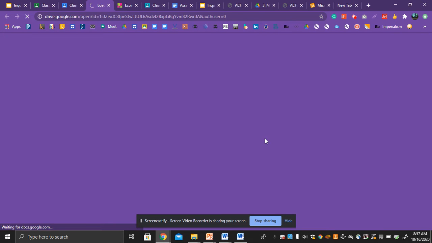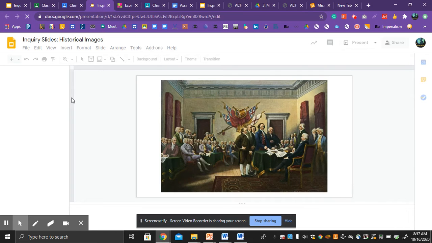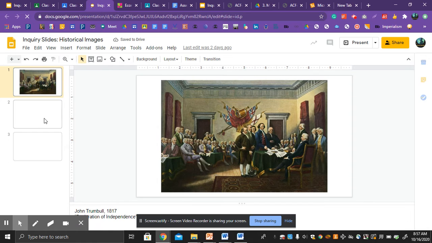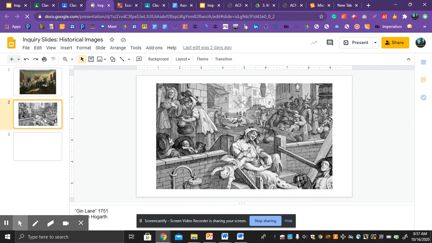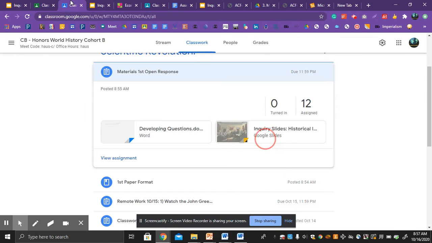Our images, we look back at this again. We have the Declaration of Independence by John Trumbull in 1817. We have Gin Lane by William Hogarth. Is it William Hogarth? Yeah, I can't see. It is by William Hogarth, in 1751. And then we have the slave auction sketch. You are really questioning the contents of each and every one of these. After you submit these, please